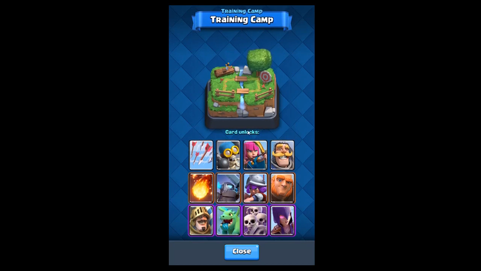And what they do is they give you a starting deck. This deck has arrows, bomber, archers, knight, fireball, mini P.E.K.K.A., musketeer, and giant. It's basically a giant beatdown deck. And the way that you roughly want to play it is you want to take your giant, place it behind your king tower, and then as it slowly marches its way towards your opponent's side of the field,